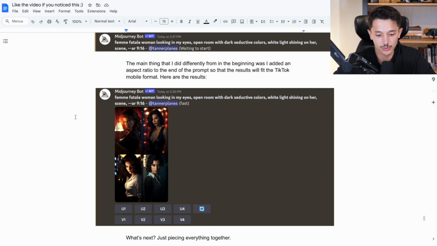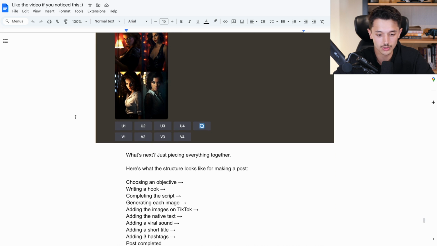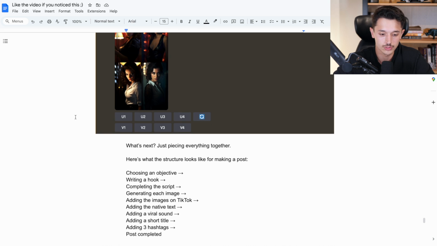So the next step really is just piecing everything together. So here is what the structure looks like for making a post. You choose an objective, you write the hook, you complete the script, and then you're going to generate each image for each line of the script. And once you have all of that, in this case, we would have 5 slides. Then we would add all those images on TikTok as a slideshow, and then we're going to add TikTok native